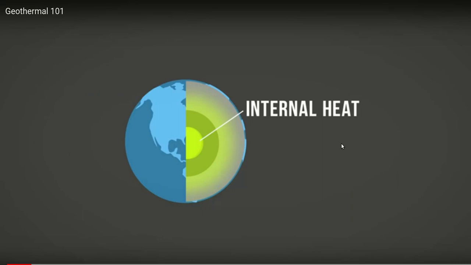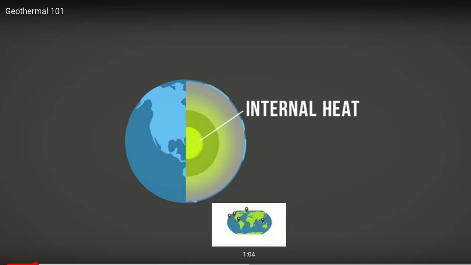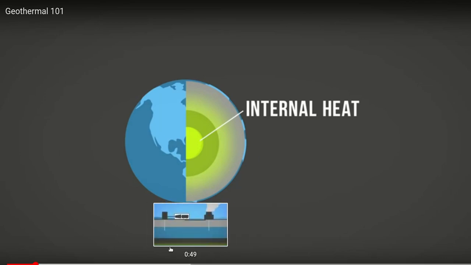So in geothermal energy we use the earth's internal heat. Earth is very hot as you go deeper and deeper, okay. So that is what geothermal energy uses. We use the internal heat of the earth, okay. So how in thermal power plants we used coal to convert water into steam, here in this case we will use this internal heat to convert the water into steam, okay. So that is how geothermal energy works. Let me just fast forward a little bit.